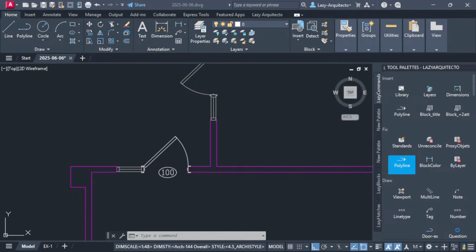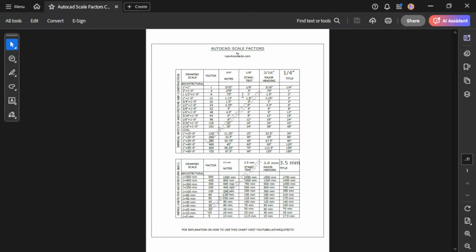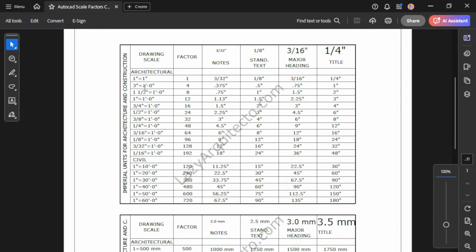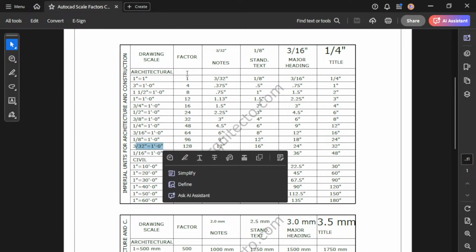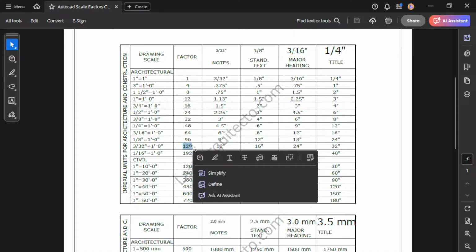Here we go, it's right here. If you don't have this chart, we also share it with our members. This is the viewport scales chart, and just so you know, for a 330 seconds viewport, the scale factor would be 128. Okay,